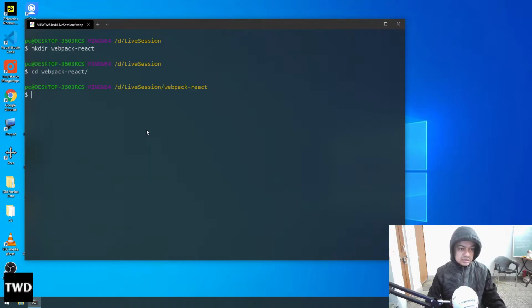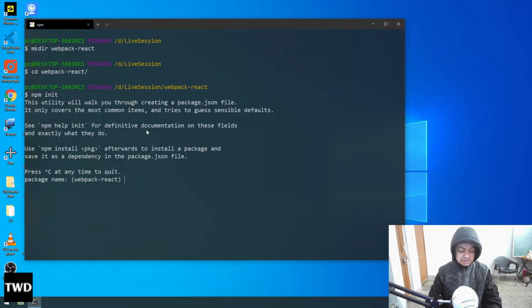Okay, then actually React is nothing but a node project under the hood. So we have to do an npm init. To create a node project, we do npm init. Okay, so we will do the same thing, npm init. Let me give a name. Generally it is advisable to keep the package name the same as the folder name. So webpack-react, I will give a version, I don't need a description,